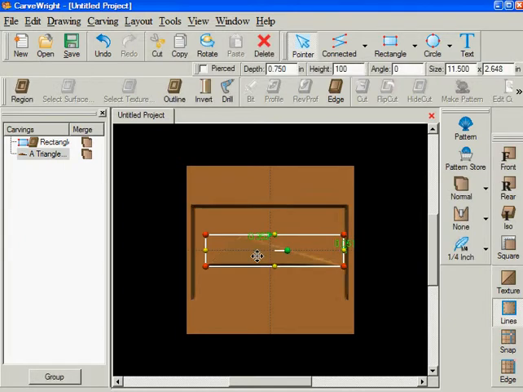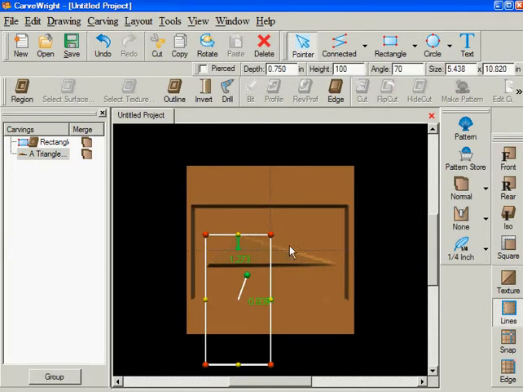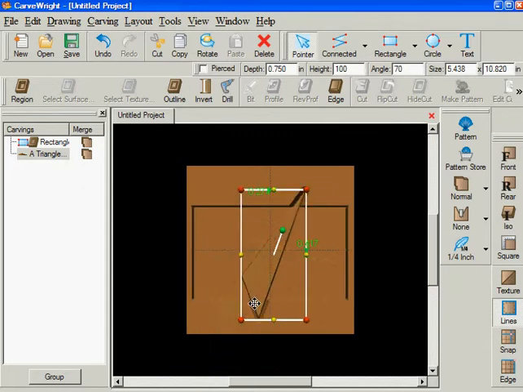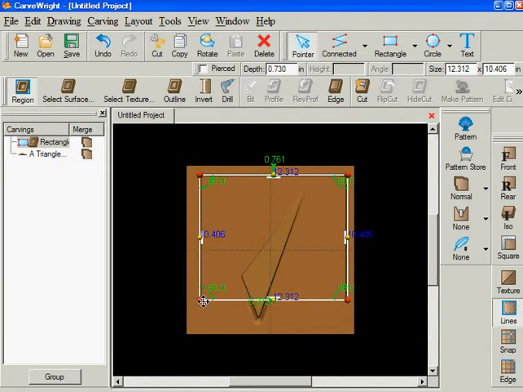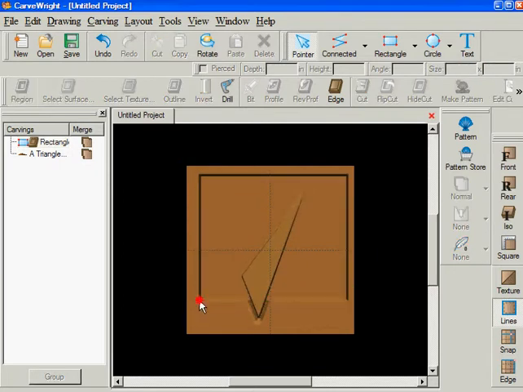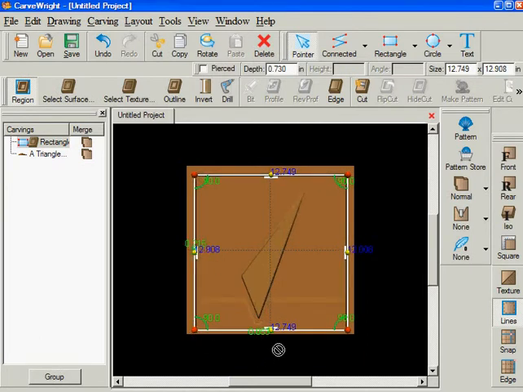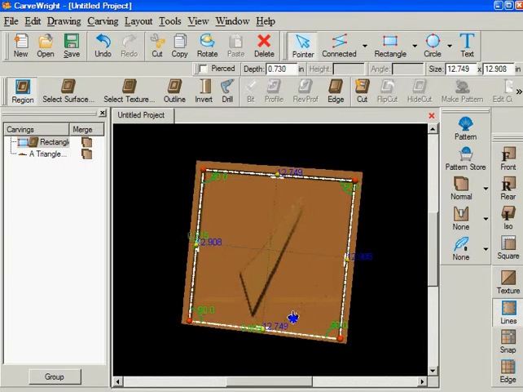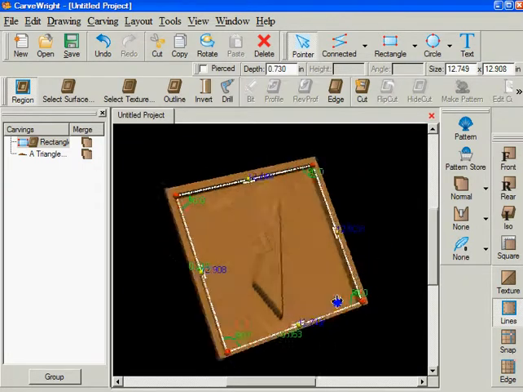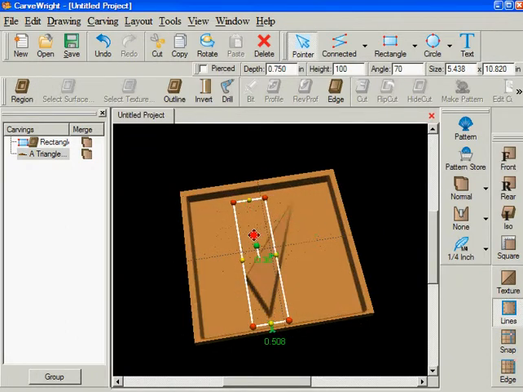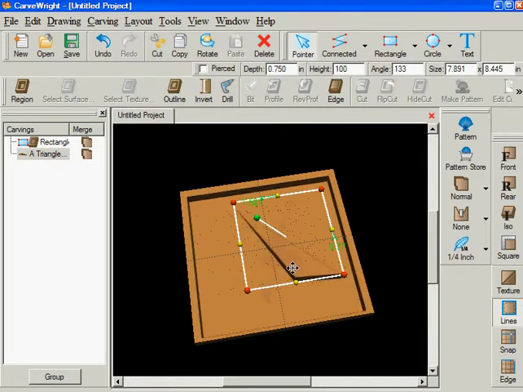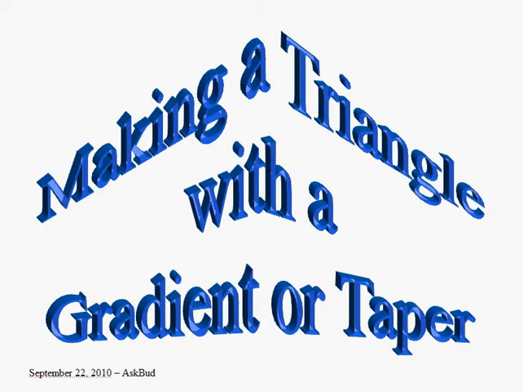that will do this, and now what I can do is I can rotate this thing any way I want. So you can see here. And as I rotate this thing, see, no matter what I do with my triangle now, the shape stays the same, the taper stays the same,